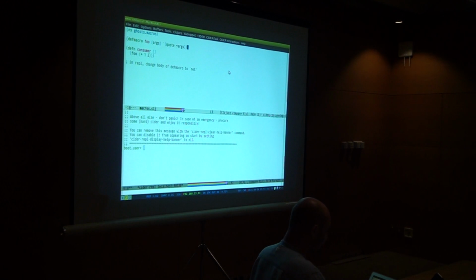If you have a macro that is being used by a function,